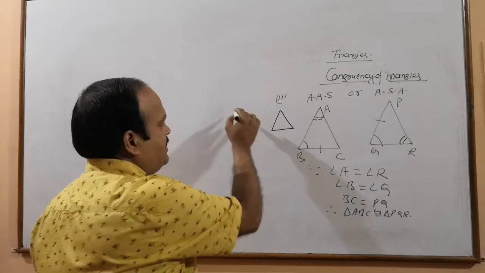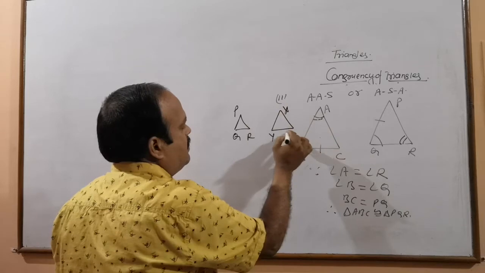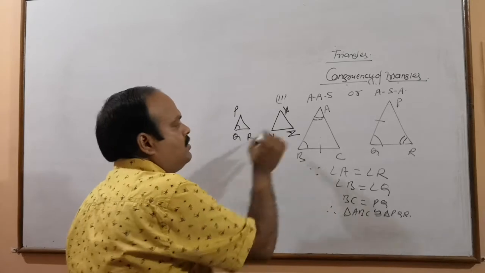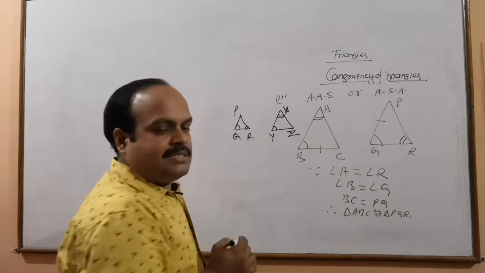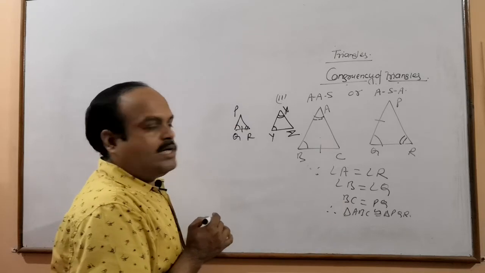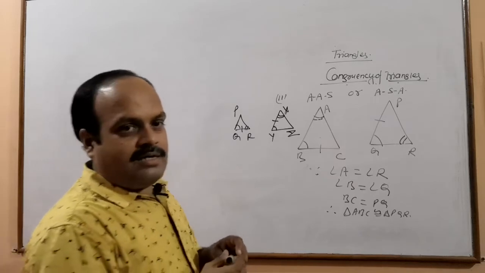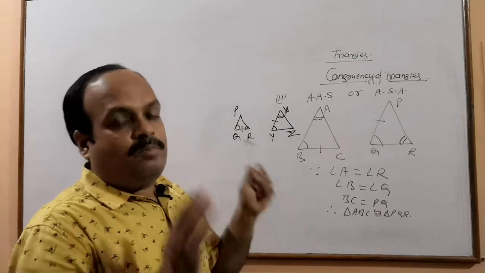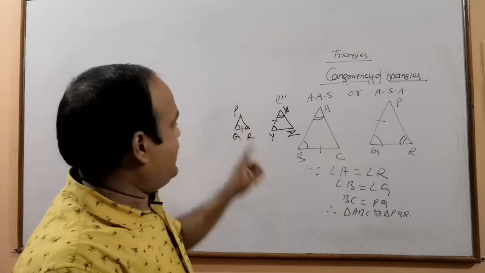In these two triangles PQR and XYZ, if you see that two angles, angle Q equals angle Y, angle R equals angle X, and the side between the angles, this one, is equal to the side between the angles, this one. Here two angles and one side of these two triangles are equal, but the test of this name will not be angle angle side, this name will be ASA, because the side is in between the